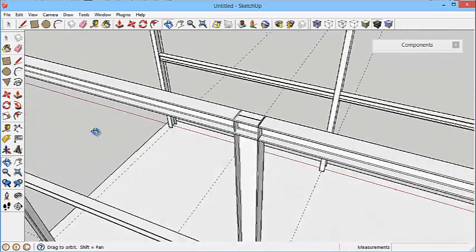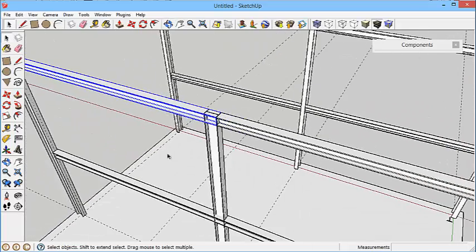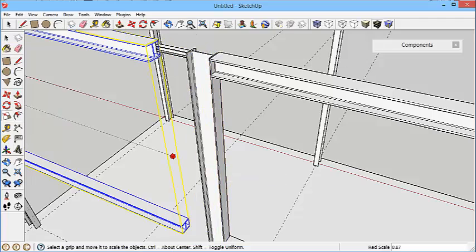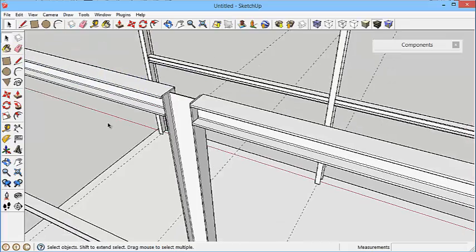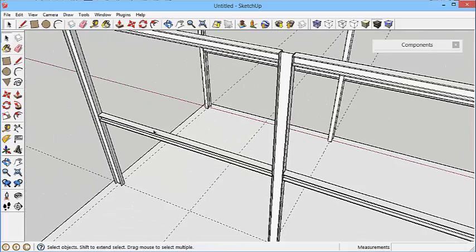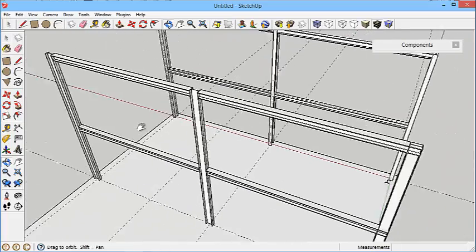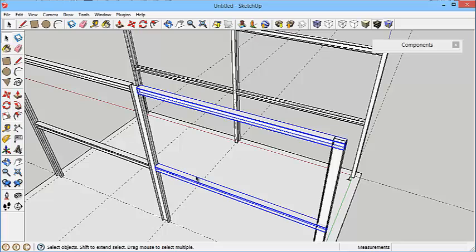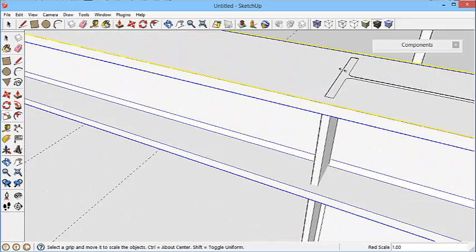I could make this unique, okay, so that will separate it from everything else, but I might as well just use the scale tool, because I can select both of these and use the scale tool. That doesn't affect the other components. It's only when I edit the component by double clicking on it will the scale factor make any difference. So select that and that, S for scale, and the scale tool is very useful for all these